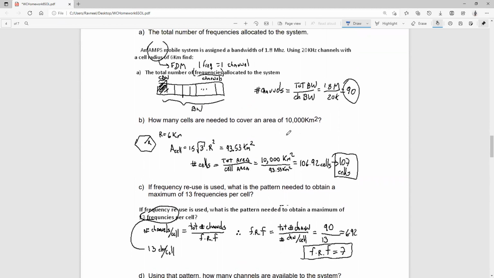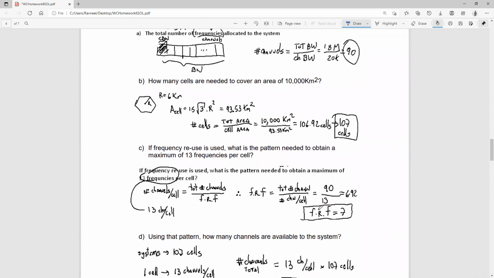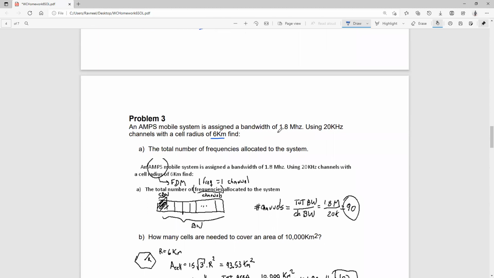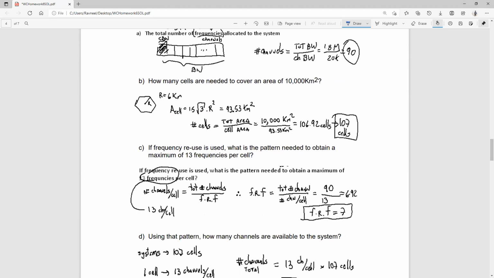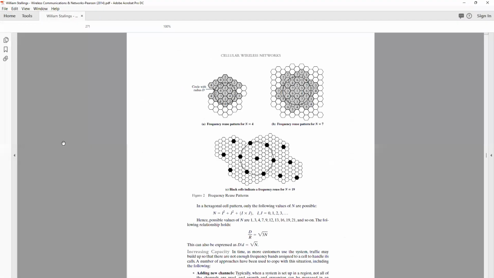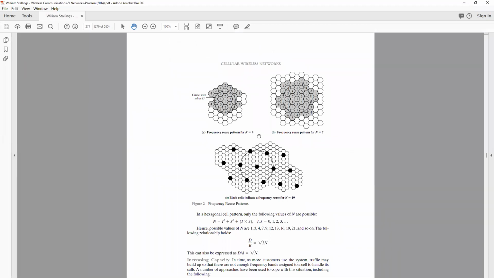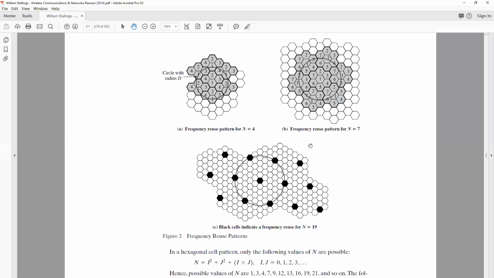So a total of 7 cells, the frequency reuse factor is 7. In that particular case, 7 cells cover this particular bandwidth, right? So this is what happens. Let's say we need to cover 1.8 megahertz. So we need 7 cells, right? These 7 cells that form one cluster are covering 1.8